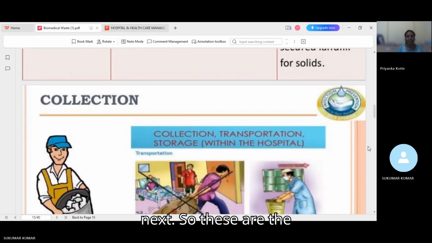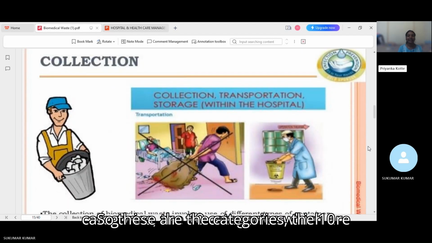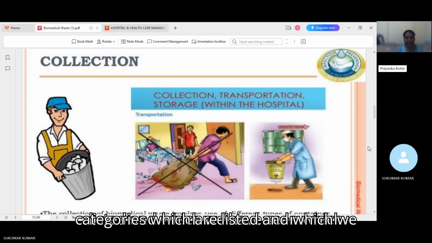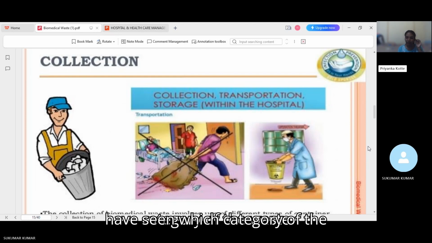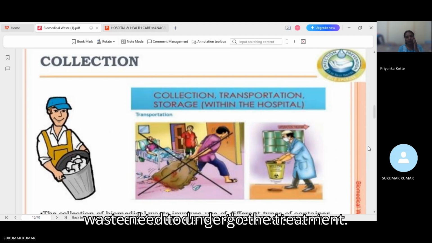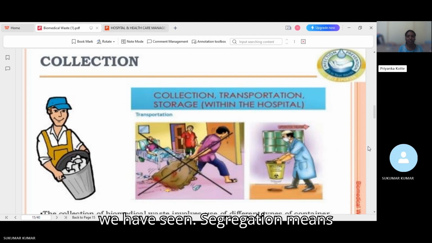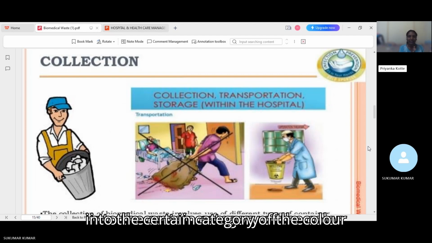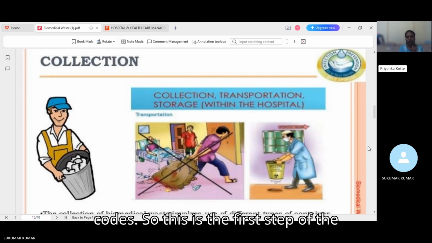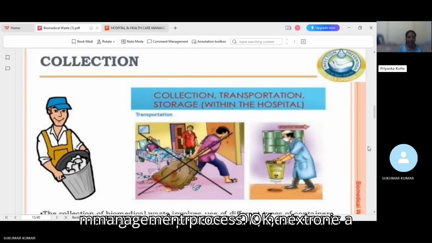These are the 10 categories which are listed, and we have seen which category of the waste needs to undergo the treatment. Okay, this is about the segregation which we have seen. Segregation means collection, separating them into certain categories by color codes. So this is the first step of the management process. Okay, next one is